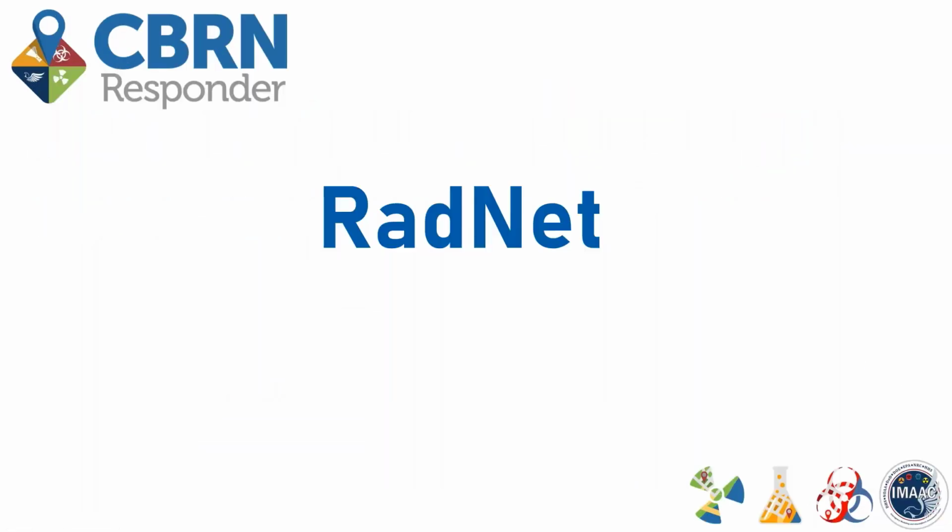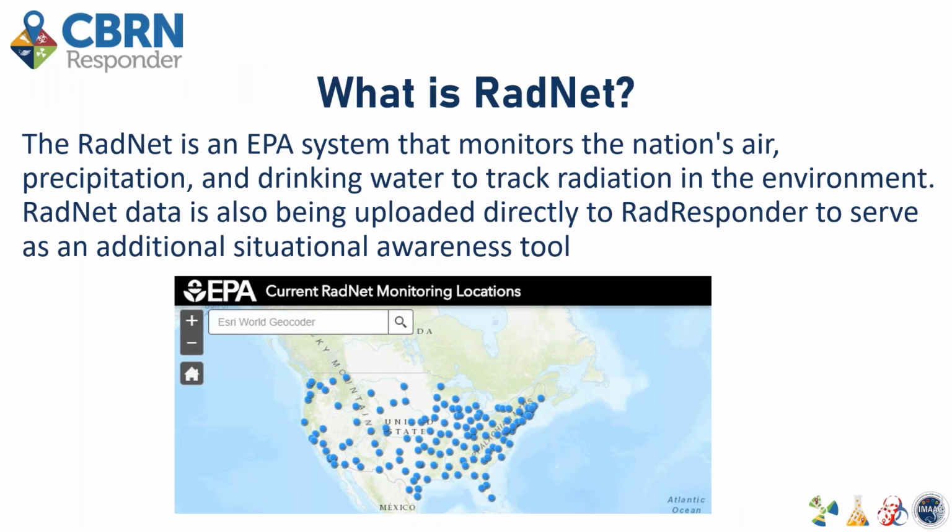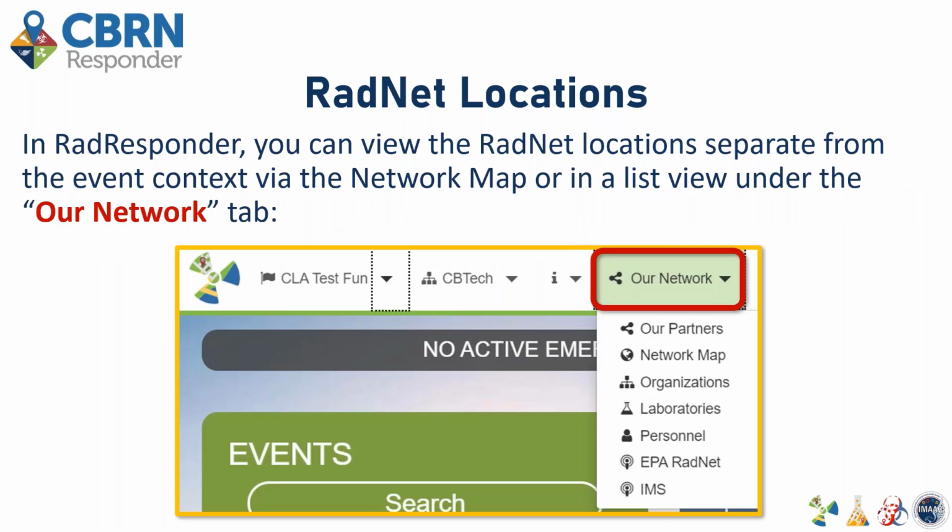We do have 2 different fixed monitoring capabilities that are available for all users. The first being RadNet. RadNet is an EPA system that monitors the nation's air, precipitation, and drinking water to track radiation in the environment. The RadNet data is being directly uploaded to RadResponder to provide an additional situational awareness tool for our users. So this was an integration that we had